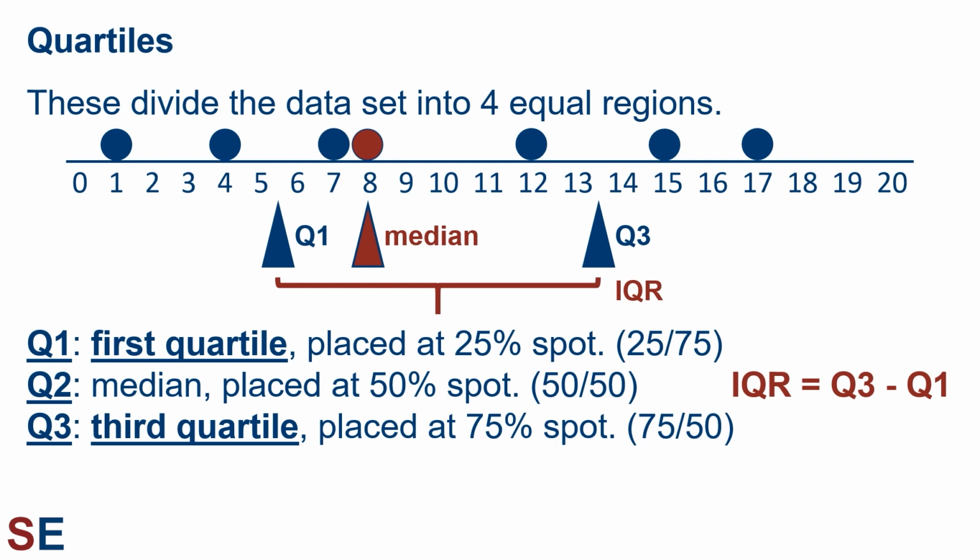So the median can then be the individual single value that's in the middle. For example, with this dataset of 7 values, the median is the 4th out of 7. Now Q1 will be the median of the bottom half, and we'll include the median in that bottom half. So for those 4 values, Q1 is in between the 2nd and 3rd, that is the 4 and the 7. And for the top half of the data, Q3 is in between the 12 and the 15. And then again, the IQR would be Q3 minus Q1.